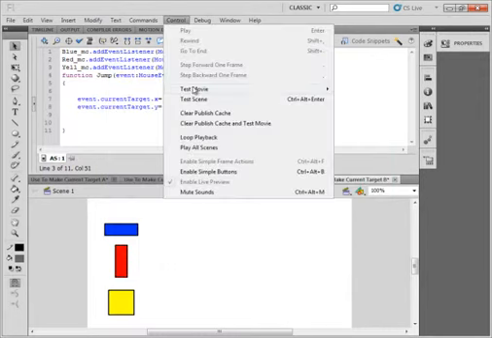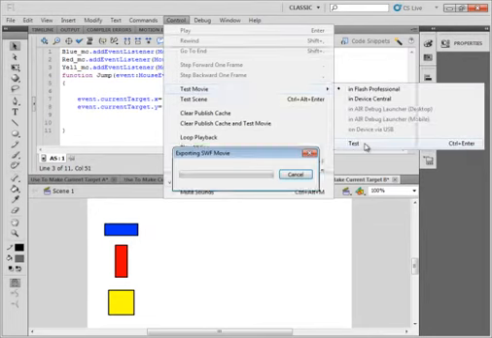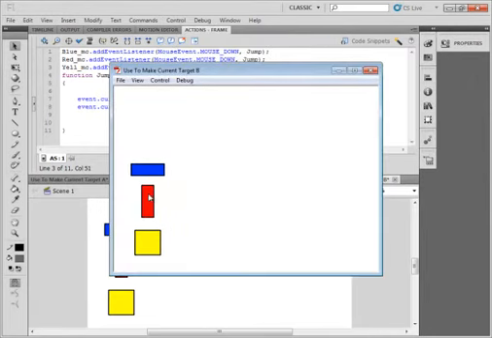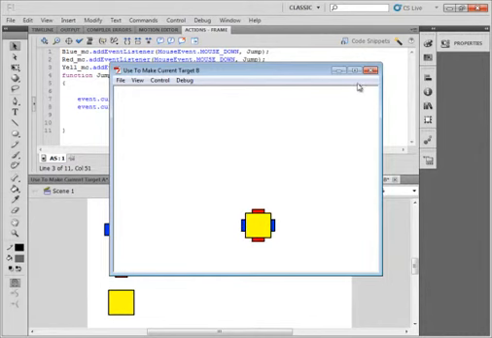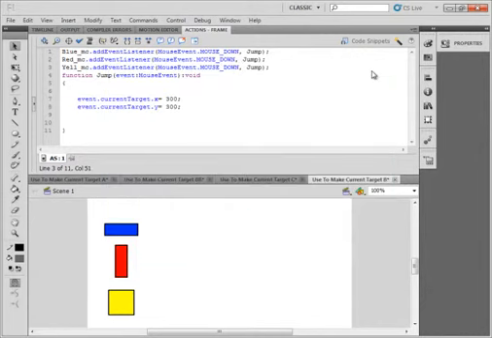Let's go through it again. Test movie, test. I'm going to select the red one first, and then blue. Red's on top, and it's not because of the order that I have them up here. It's the actual order as I made the movie clips. And yellow will always be here. So now, to show you what I mean,